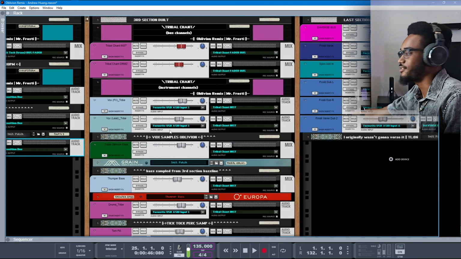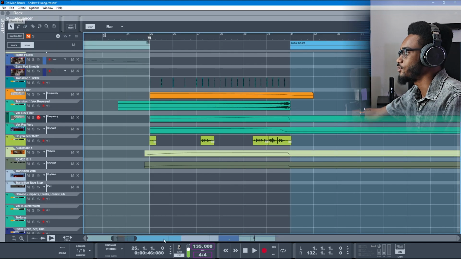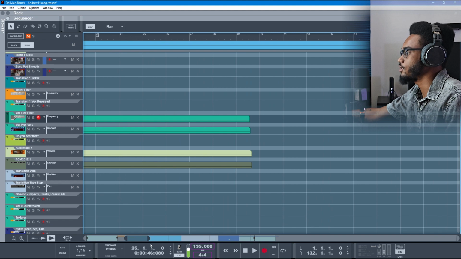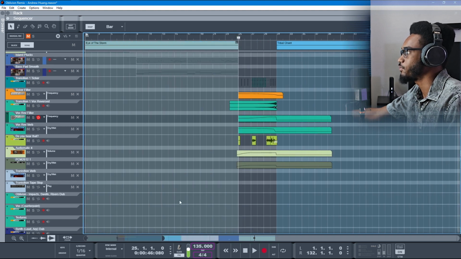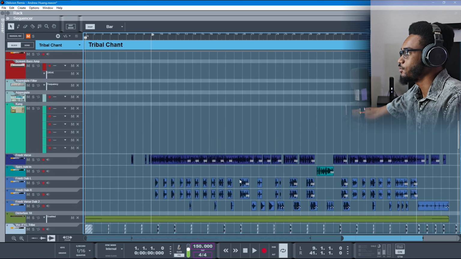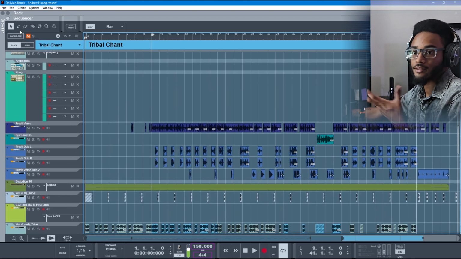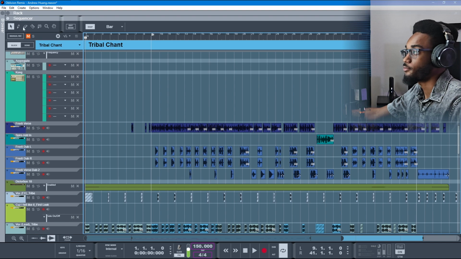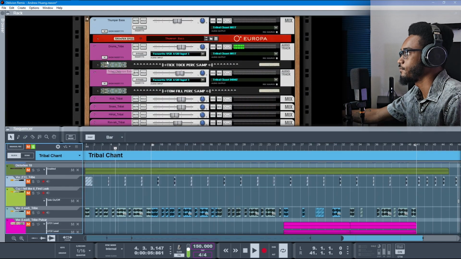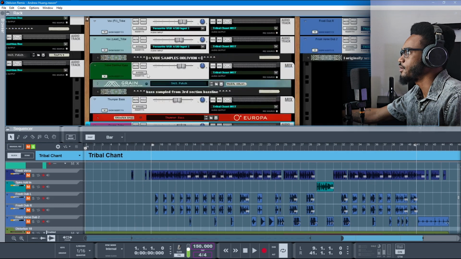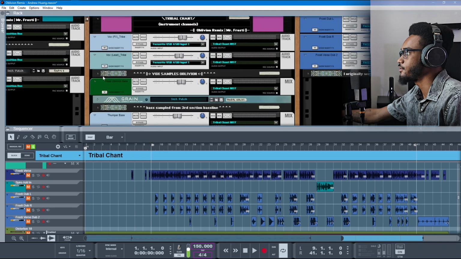The tribal chant section is what I called it, where we get into the TikTok turns into an actual percussion loop, right? But that percussion loop just came from Andrew Huang's percussion track, the Oblivion percussion track. So yeah, started off with that. I kind of dug a little deep in there.